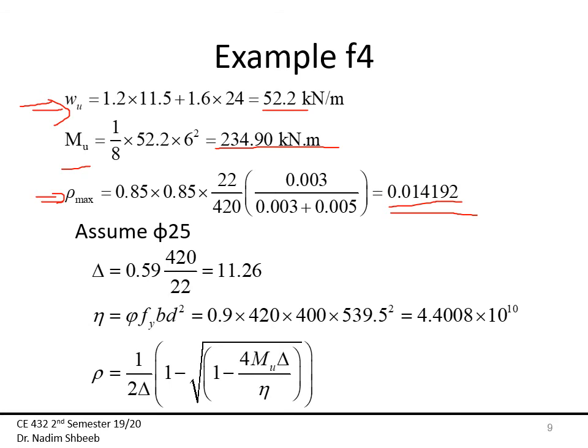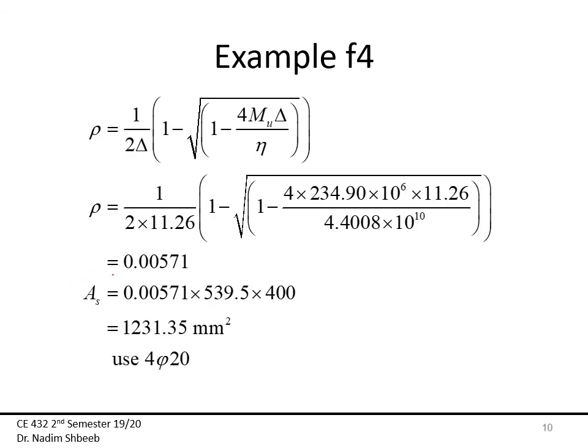So here I'm going to assume that I'm using phi 25. The only reason I did that is to get a value for D. So from that I found D to be 539.5. Again, I calculated delta, I calculated eta, plugged those two into the rho, and from that I got 0.00571, which is obviously less than rho max. Okay, so I'm good. Then the area of steel is going to be 0.00571 times 539.5 times 400, and that's going to give me an area of steel of